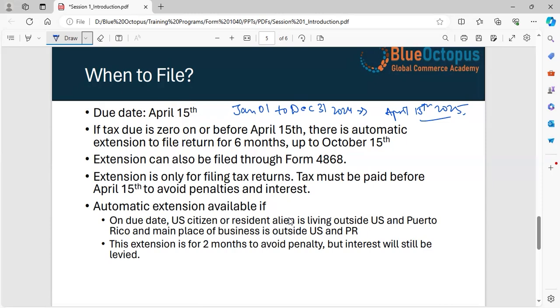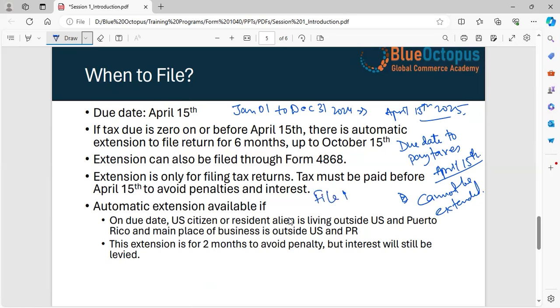So the due date to pay taxes is April 15th, which cannot be extended. However, the due date to file the tax return